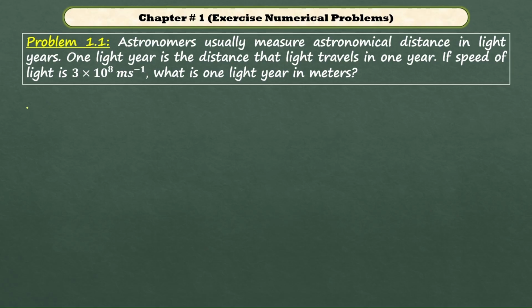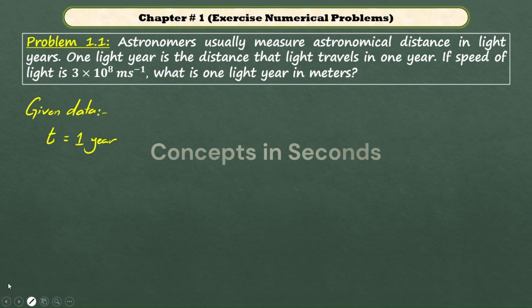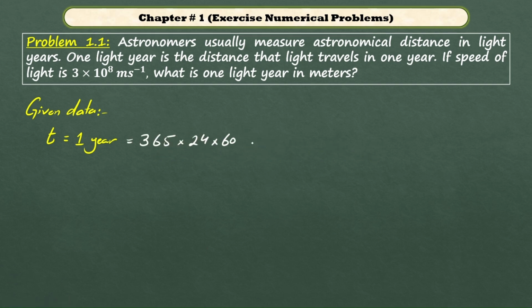We have to find the distance. So given data: t is equal to 1 year, which can be converted into seconds as 3153600 seconds. Further, v is equal to 3 into 10 to the power 8 meters per second, and we have to find the distance. Solution,